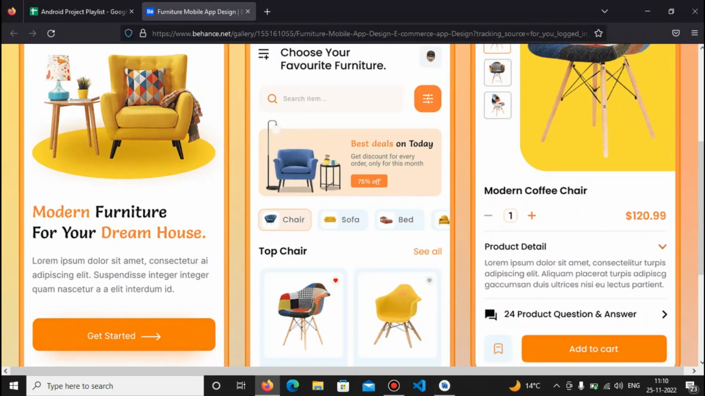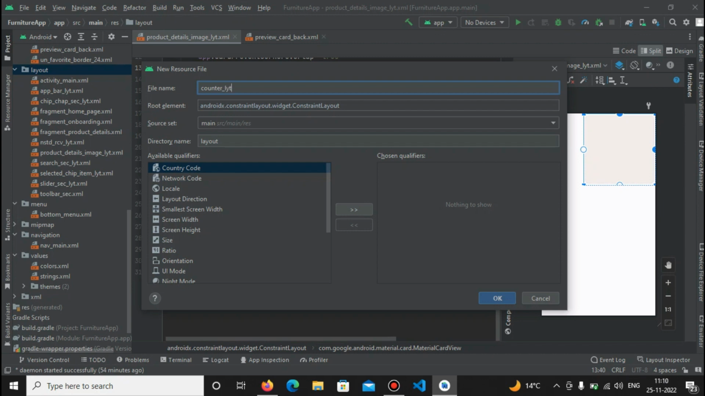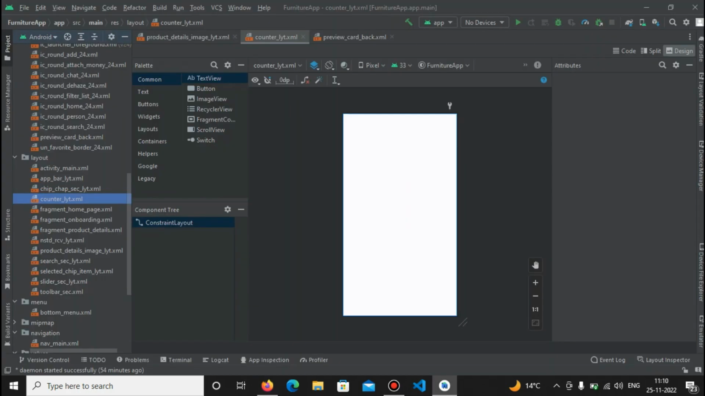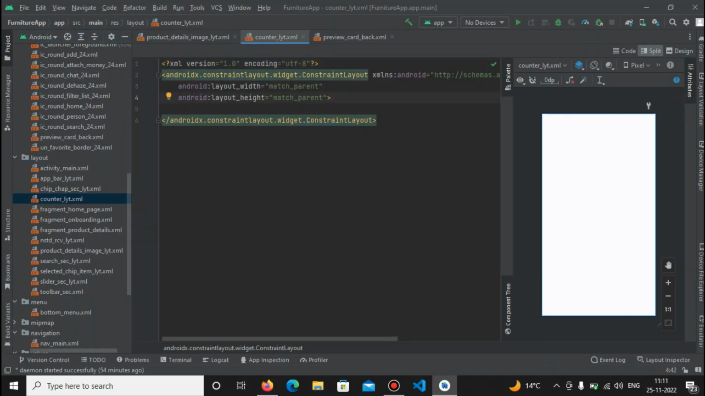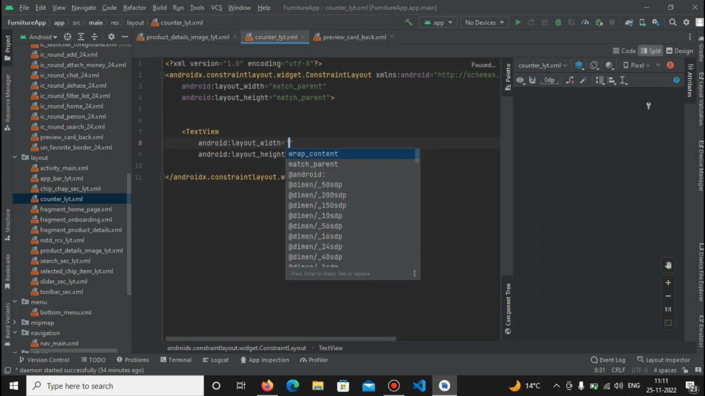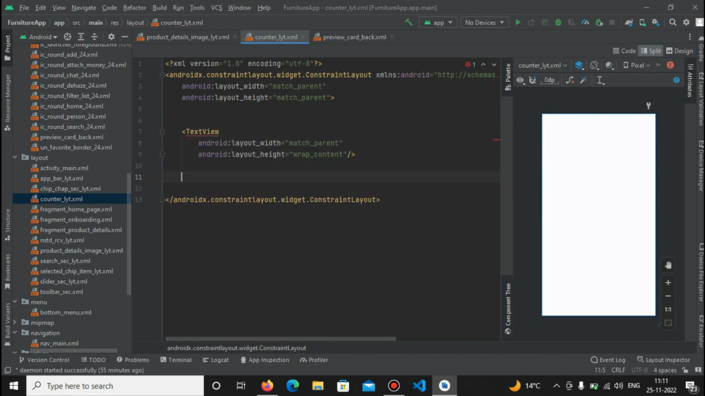Okay guys, so let's focus on the middle section of our detail page, which is the counter section, and I have named my layout as counter layout. You can name your layout whatever you want, and I'm not going to brief how I made this layout,